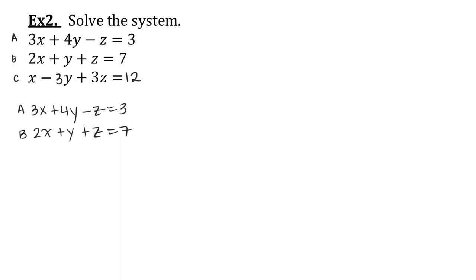Okay, now I chose these 2 equations because it looked like the z's were going to cancel. So if I look at this, the z's are going to cancel. So I'm going to go ahead and cancel the z's and bring everything else down. 3x plus 2x is 5x. 4y plus y is 5y. Z's cancel. 3 plus 7 is 10. Okay, so now I have the equation 5x plus 5y equals 10,